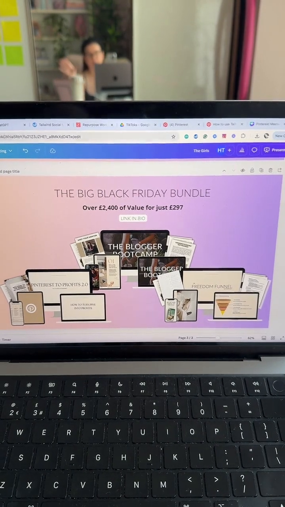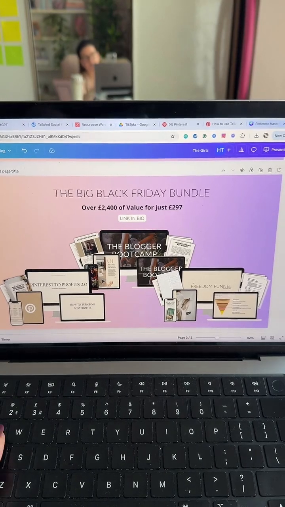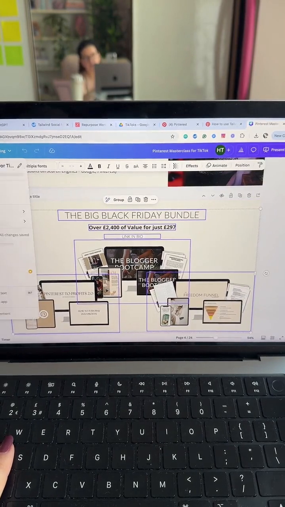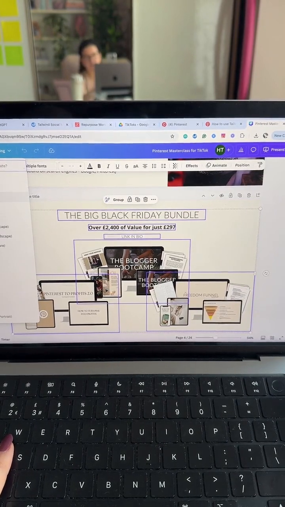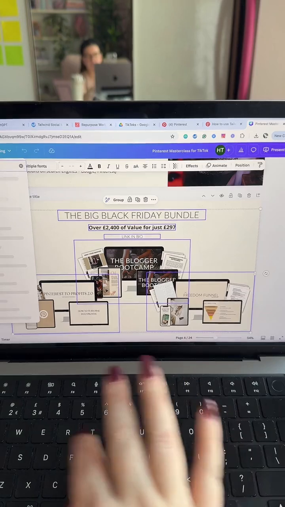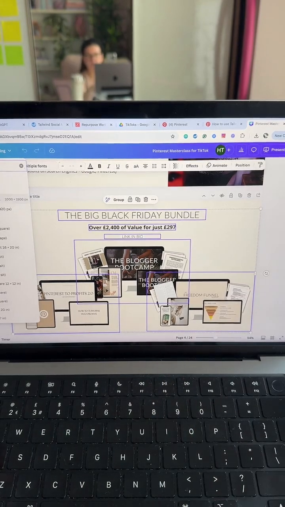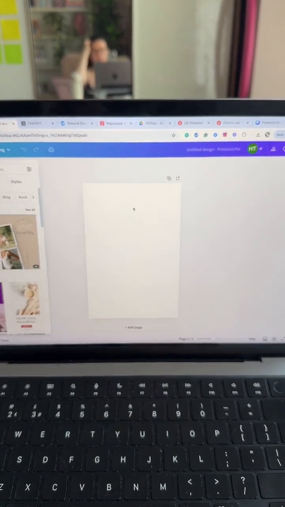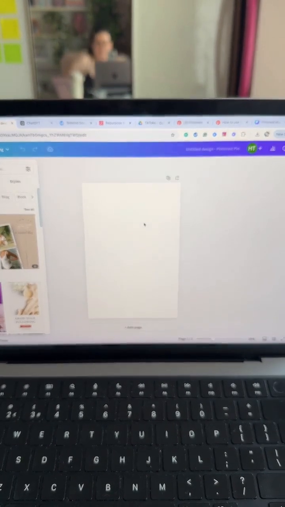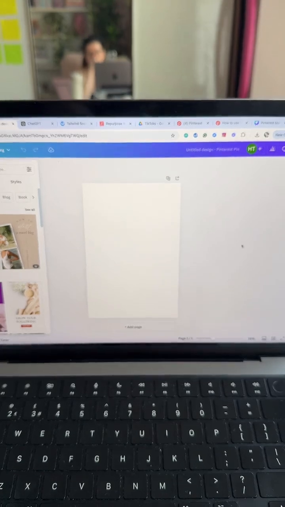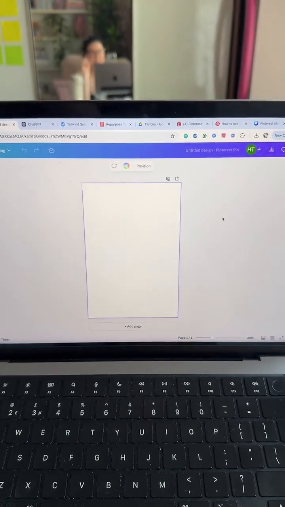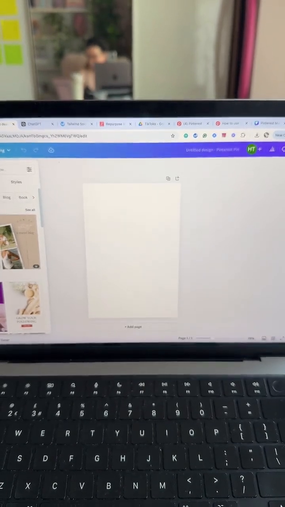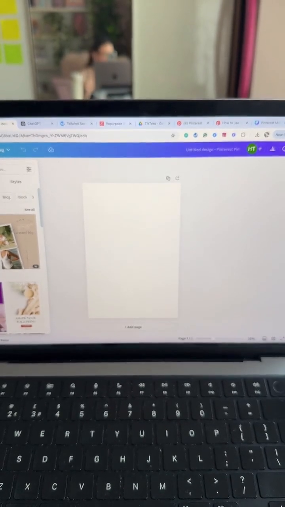Right, let's get back to making pins for Shaz. So I'm just going to take this tab here and go to create new design, and we're going to go Pinterest pin. I feel like I'm very much putting myself on the spot here because I've not actually ever done this before, created a pin for someone who isn't a client. So I suppose Shaz, you technically are a client. Shaz is in Pin Talk Academy with us.